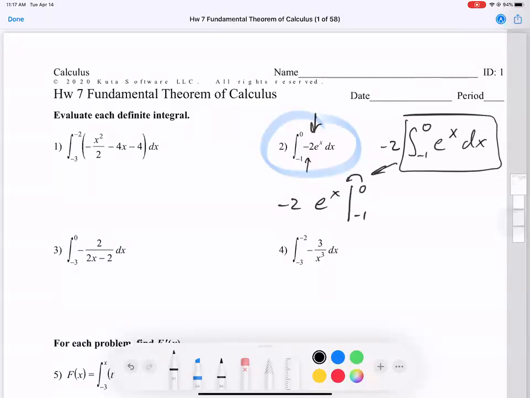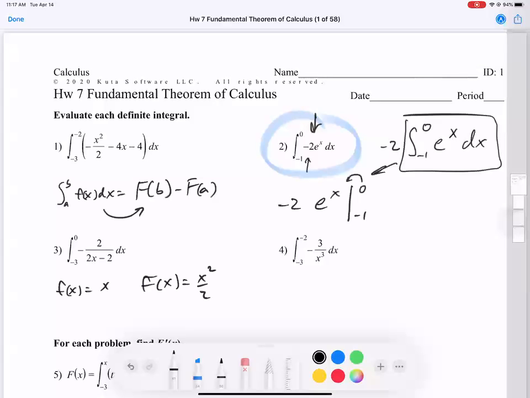So when we take the integral of something, the integral from a to b of f of x dx is capital F of b minus capital F of a, where capital F is the integral of f. Quick example, if f of x is x, capital F of x is x squared over 2. It's the integral. So we took the integral at this step,